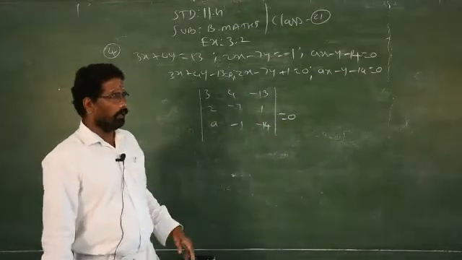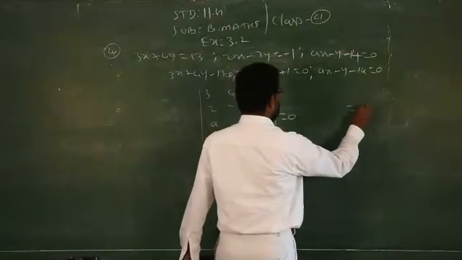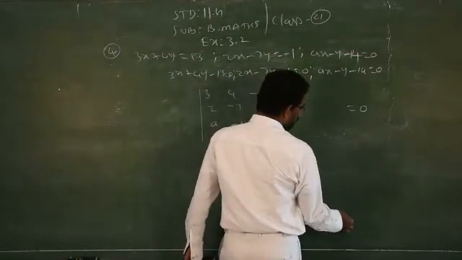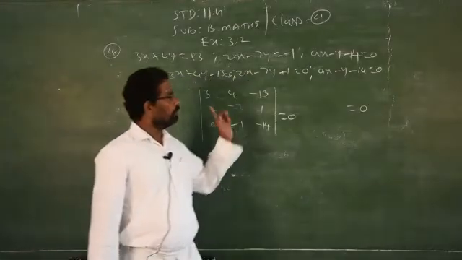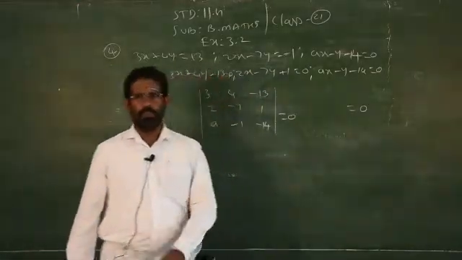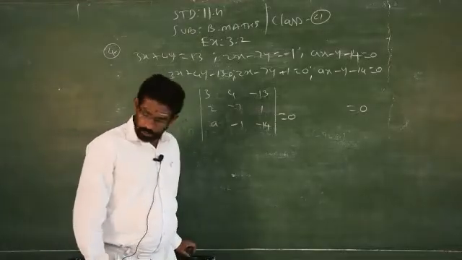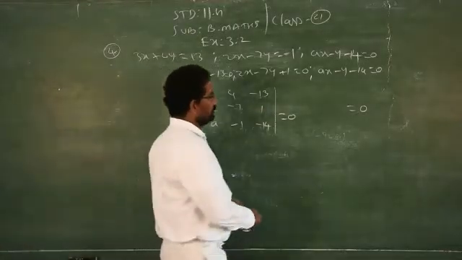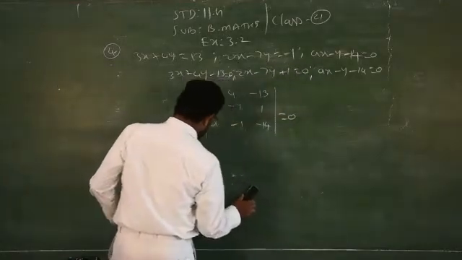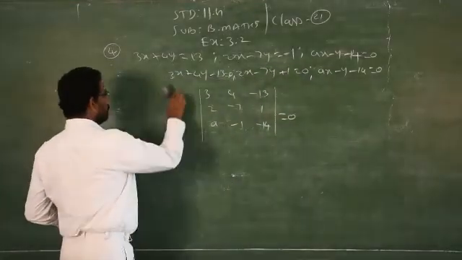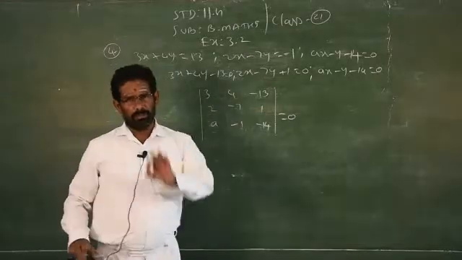In the previous problem I wrote the determinant is equal to 0 in the first step, but I did not write it in the remaining steps. Finally I proved it is equal to 0. So you have to show that the determinant is equal to 0. Don't take question number 3 itself as equal to 0. You are not supposed to write the determinant is equal to 0 in question number 3. For your understanding purpose, I did determinant is equal to 0 in question number 3.